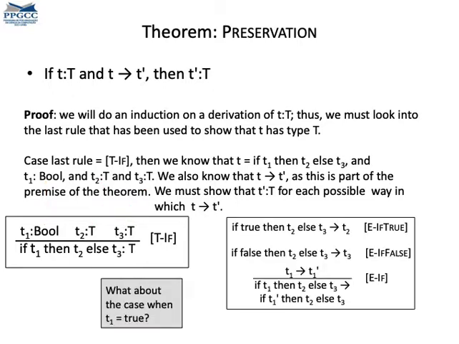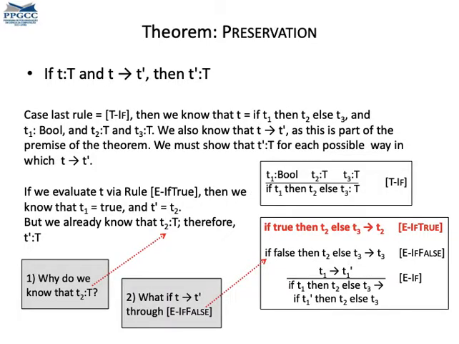There exist three rules that we can use to evaluate an if-then-else. They are if-true, if-false, and if. So if we have a term typed with rule if and we use if-true to take a step, how can we show that the resulting term has type T? If we use rule if-true, then we know that t1 is the value true. In this case, the if-then-else evolves to t2, which has type T, which is the type of the original